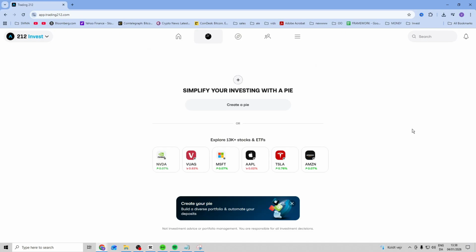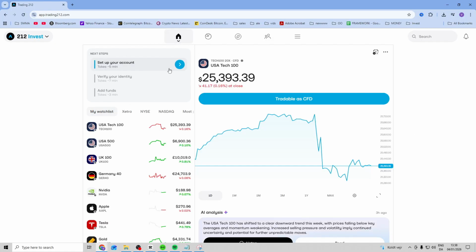In this video, I want to talk about how you can add a new card to Trading 212. Now this is pretty simple, guys, but first you want to make sure that you set up and verify your account, otherwise it is not possible to even add a card. So simply do this real quick, and once you've done this, the way that you can add a card